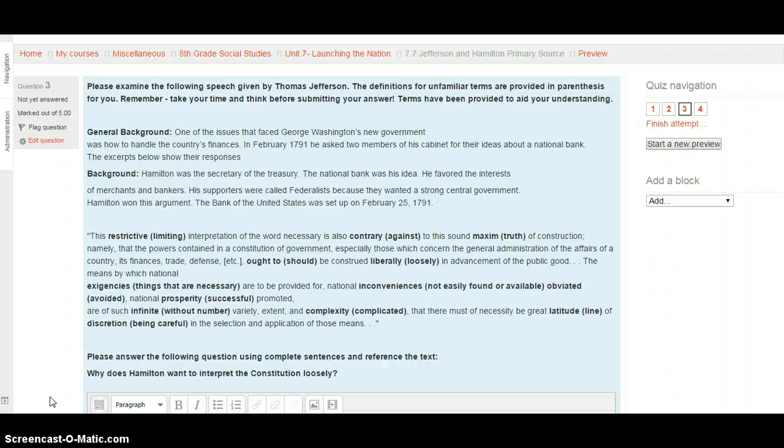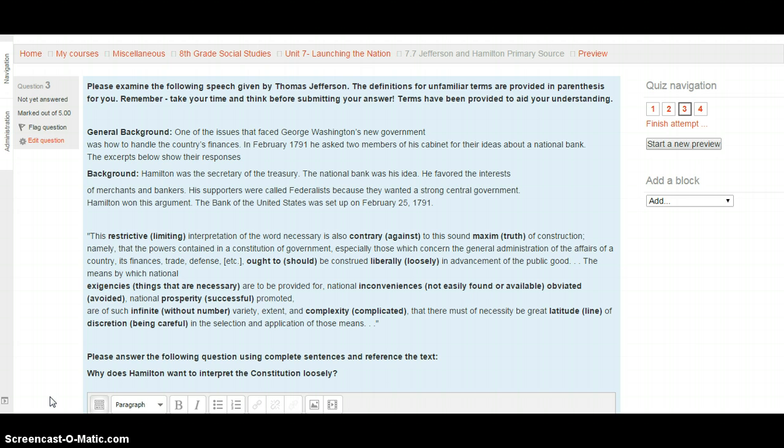of the public good. The means by which national exigencies, things that are necessary, are to be provided for, national inconveniences, not easily found or available, obviated or avoided, national prosperity, successful, promoted, are of such infinite, without number, variety, extent, and complexity or complicated, that there must of necessity be great latitude or a line of discretion, being careful in the selection and application of